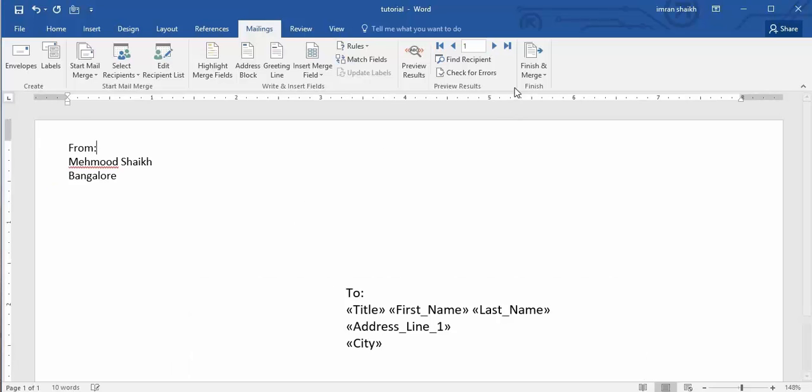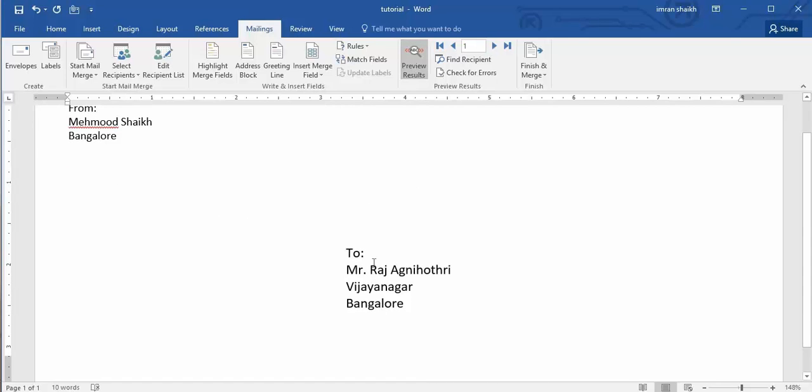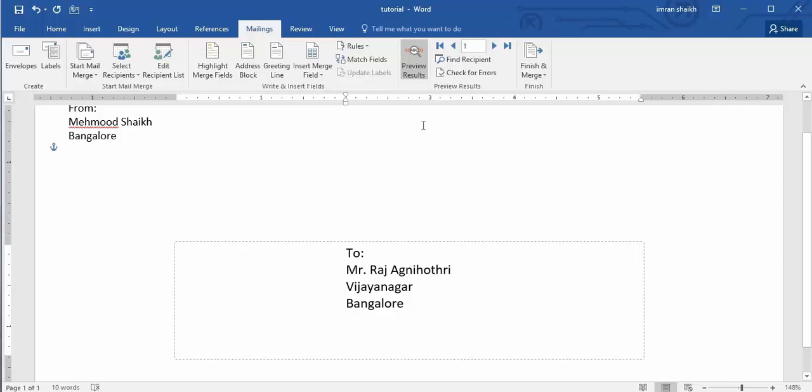Now you have to take a preview of it. Okay, just click on preview results. Okay, now you can see the first record that was present in our database has been fetched and is displayed as a preview in our envelope. Okay, you can see this was the first record that we had added inside our database. Okay, now if I click on this finish